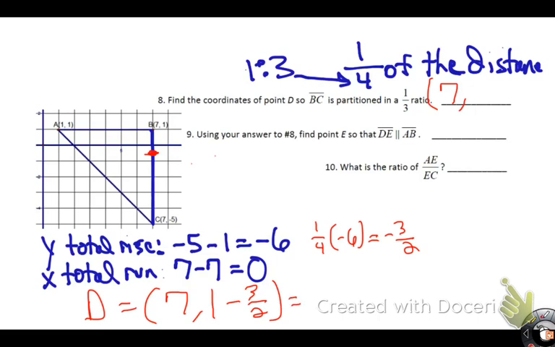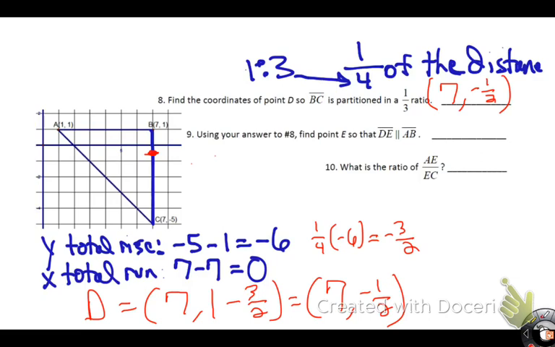So that would be 7, comma, and 1 minus 3/2 is -1/2. And you can tell from the graph, it looks like it's down just a half. So 7, comma, -1/2. All right, it says using your answer from number 8, find E so that DE is